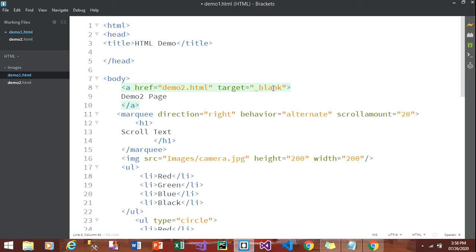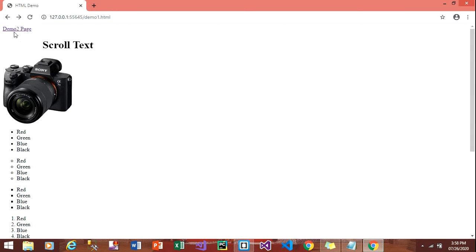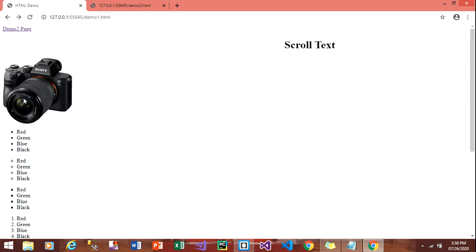This means that I want to open this page, that is the demo 2 page, in a new tab or blank tab. Now save the changes and check the output. Now if I click on demo 2 page, demo 2 page will be open in a separate tab. My demo 1 page is as it is.